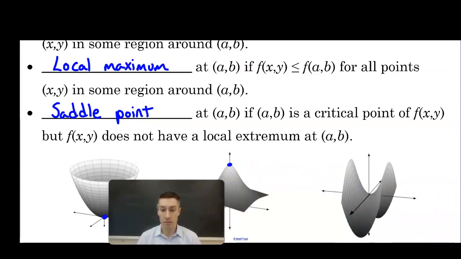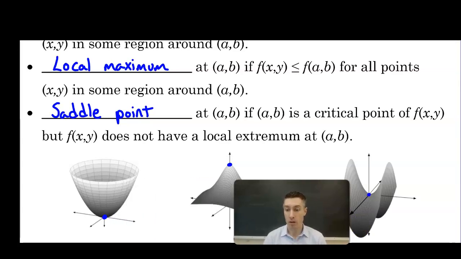And then here, if you recall this graph, this is the graph of the hyperbolic paraboloid. And right there at the origin, that's what we consider to be a saddle point. If you look at the trace going this way, it's concave up. But if you were to look at the trace parallel to the x-axis, it would be concave down. So different traces or different cross-sections would have different concavity, and that results in the point being classified as